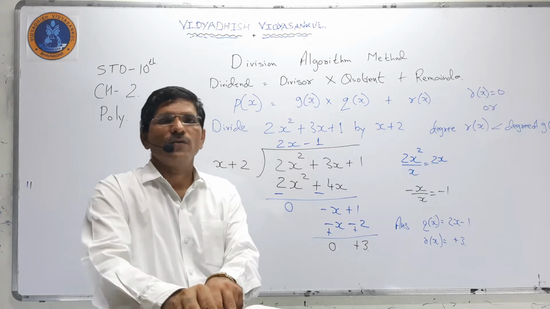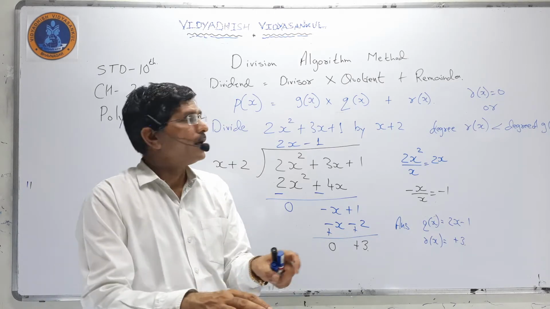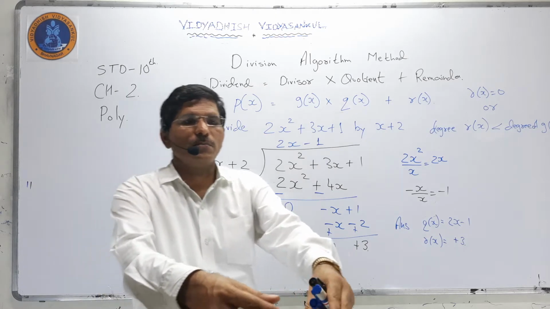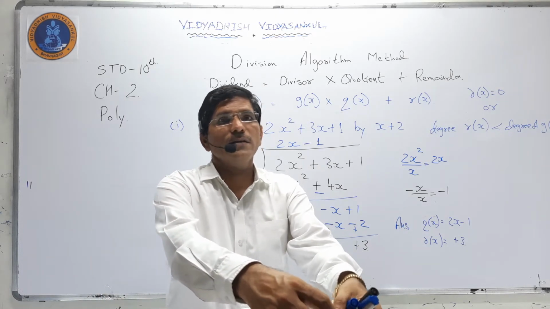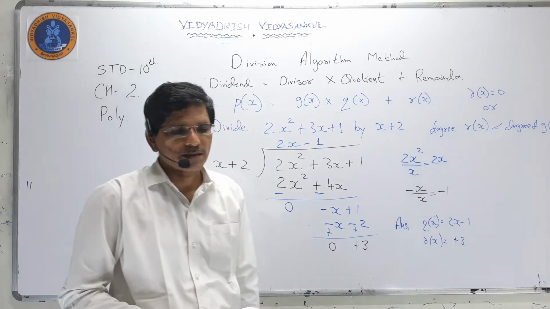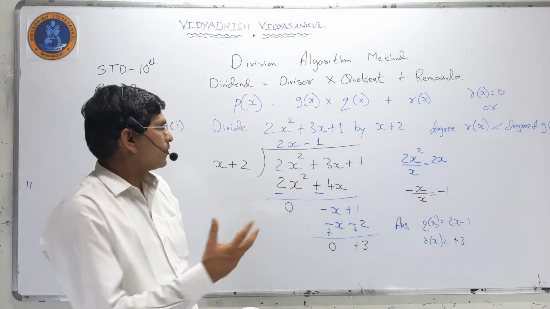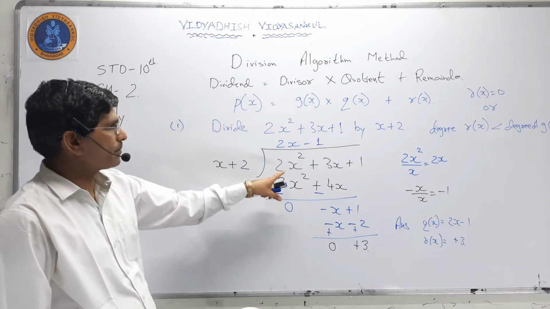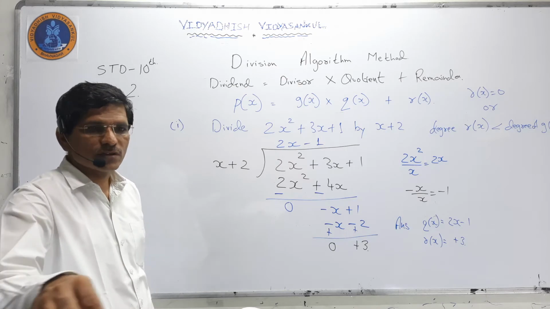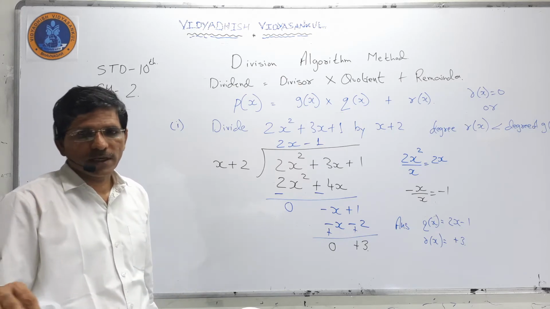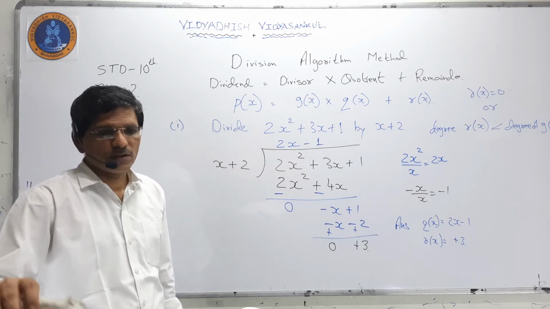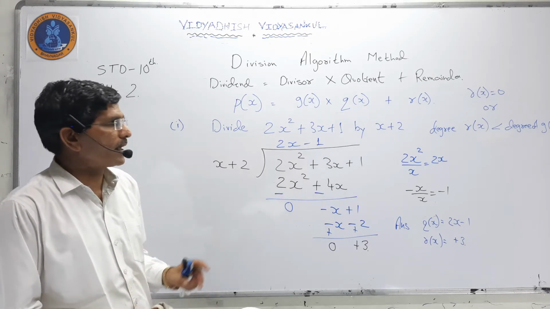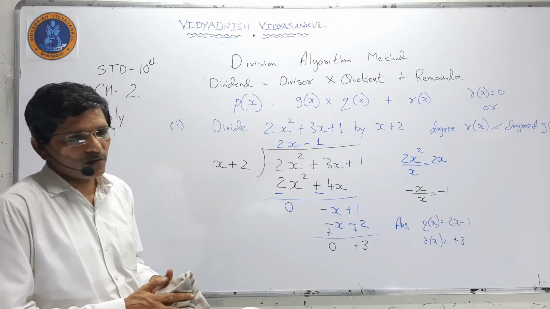So these are the types of sums that we do in the division algorithm method. In the division algorithm method, it should be asked for 3 marks. So first we take an easy sum, because here the power is 2. Now we go for some sums related to power 3, because in 10th standard we mostly do long division with x to the power 4 or x to the power 3.